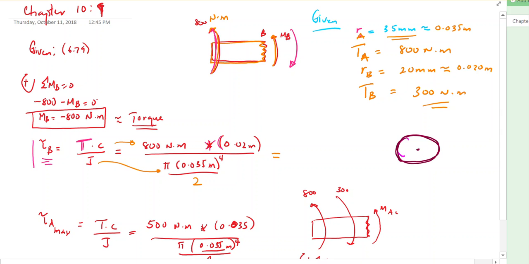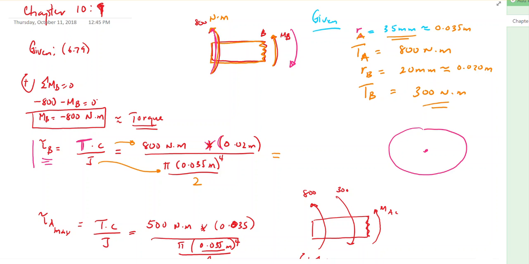And let me draw a little bigger. Okay, and this is some center piece, the center point right there. That's C, right? So what they're asking, C in this case is, and this is a solid shaft. As I said before, it's a solid shaft. C in this case is 35 millimeters. And why would 0.02 be